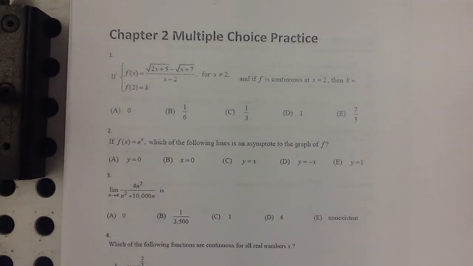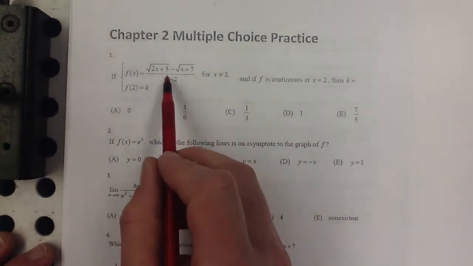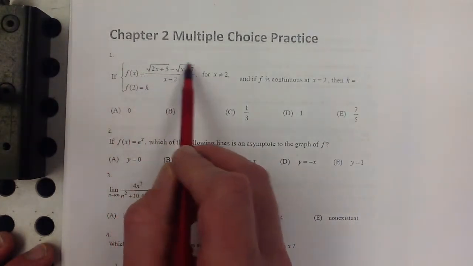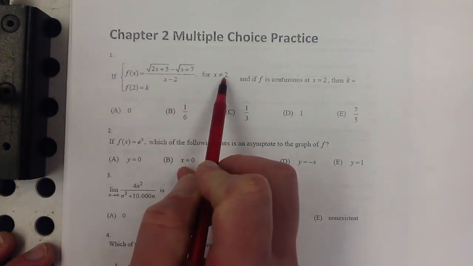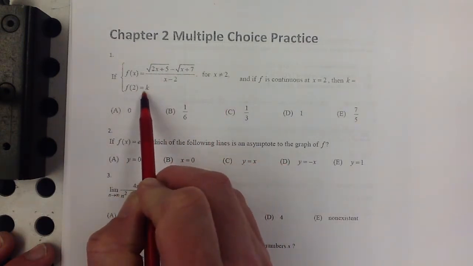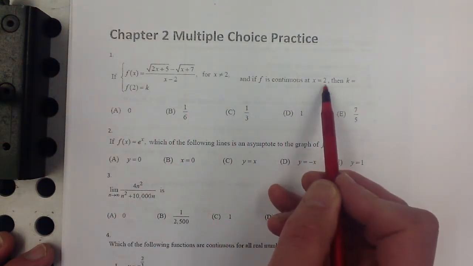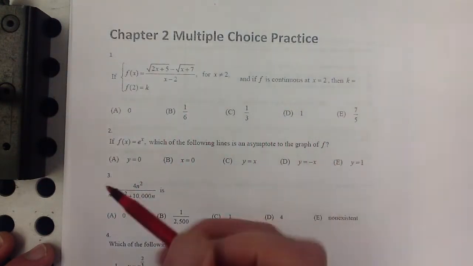This video contains the solutions for your Chapter 2 multiple choice practice problems. Take a look at number 1. It looks like we have a piecewise defined function. Our f of x is equal to this when x is not equal to 2, and otherwise it's equal to k. If we want f to be continuous at x equals 2, then k must be, I think,